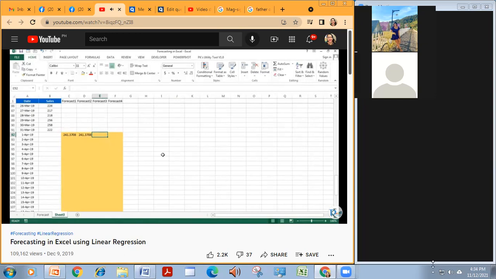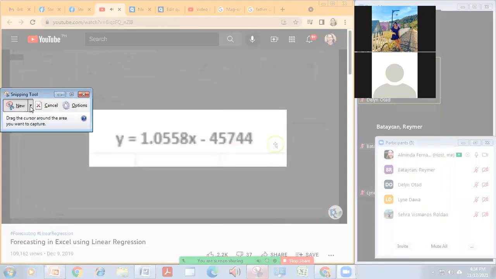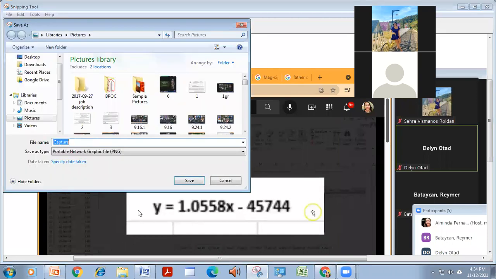So we can get the slope using the simple SLOPE formula available in Excel. Now the c is the intercept. There will be some constant value which should be added to the multiply of x and m to get the forecast, like the minus 45744 is the intercept, but we can achieve that intercept using the INTERCEPT formula also.